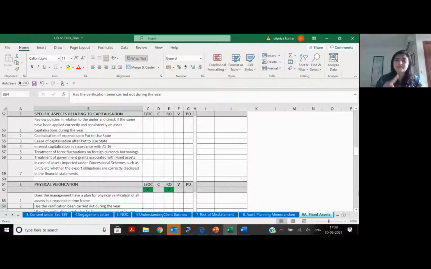So you had addition, deletion, large capitalization, personal revenue. Now fixed physical verification. Now even CARO says that, right? Whether you have a proper management protocol for periodic verification once in 2 years. Now, so many physical verification reports, they will say management has carried out. Excellent, no problem. You must ask for a copy of the physical verification report.